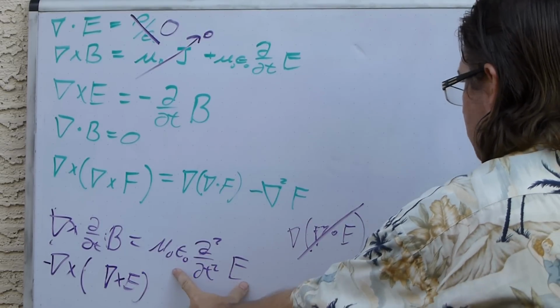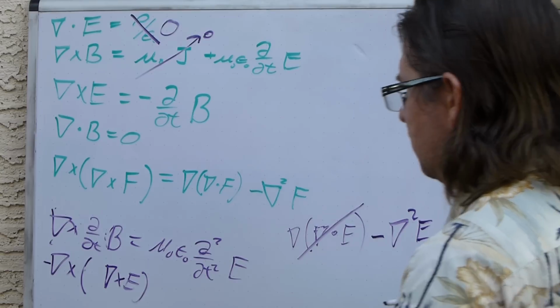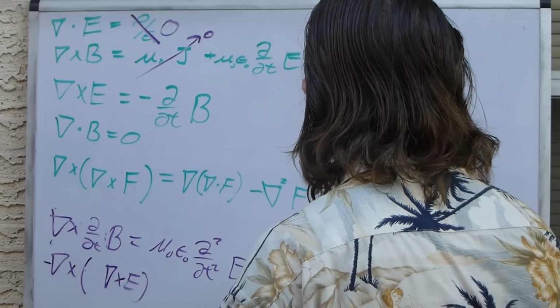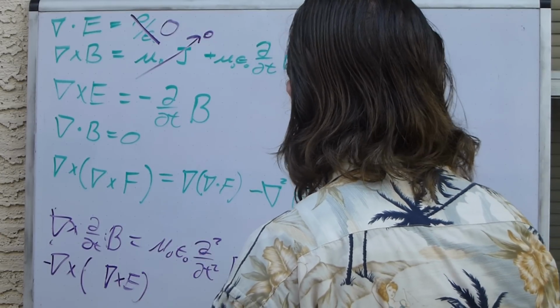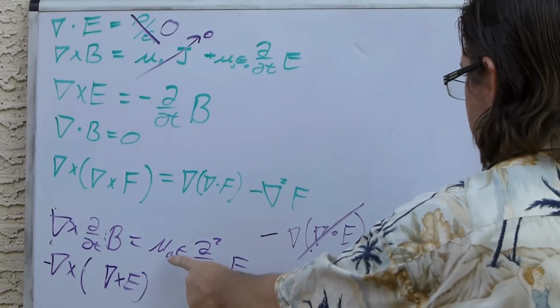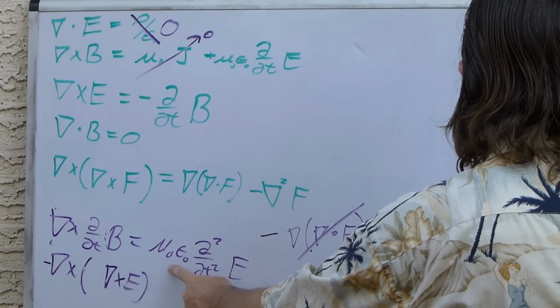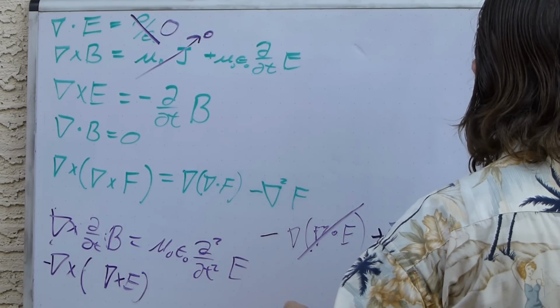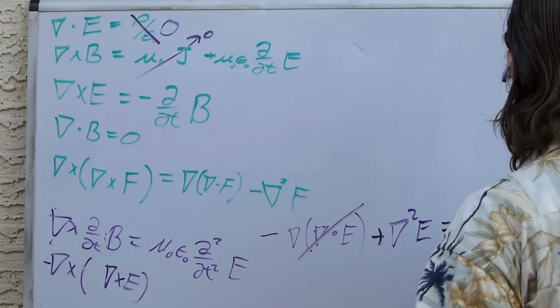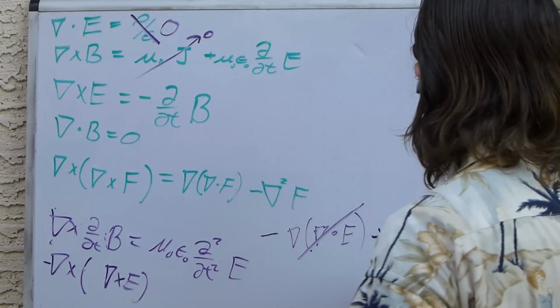Well, this is going to equal, looks like I lost a minus sign, didn't I? When I did this, I should have a minus sign, so it can become positive. Equals mu naught epsilon naught second time derivative of E. Well, that's gone, so what we're left with is